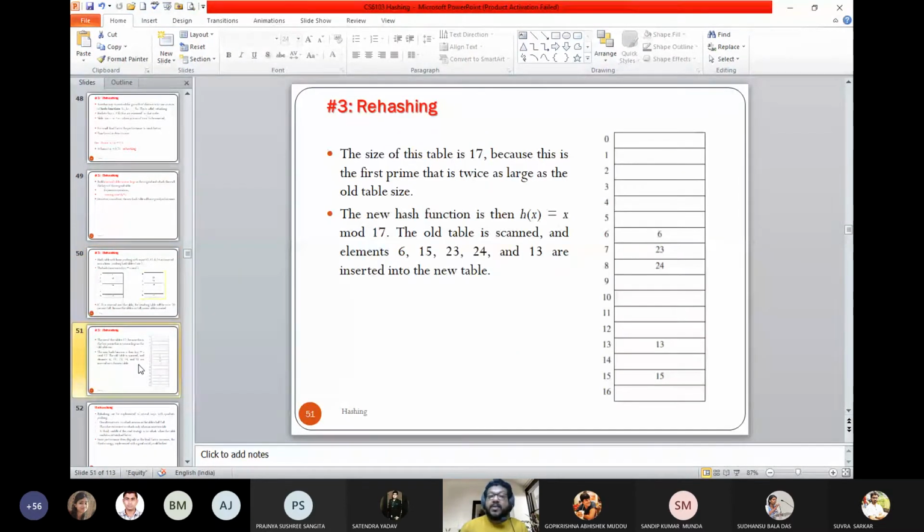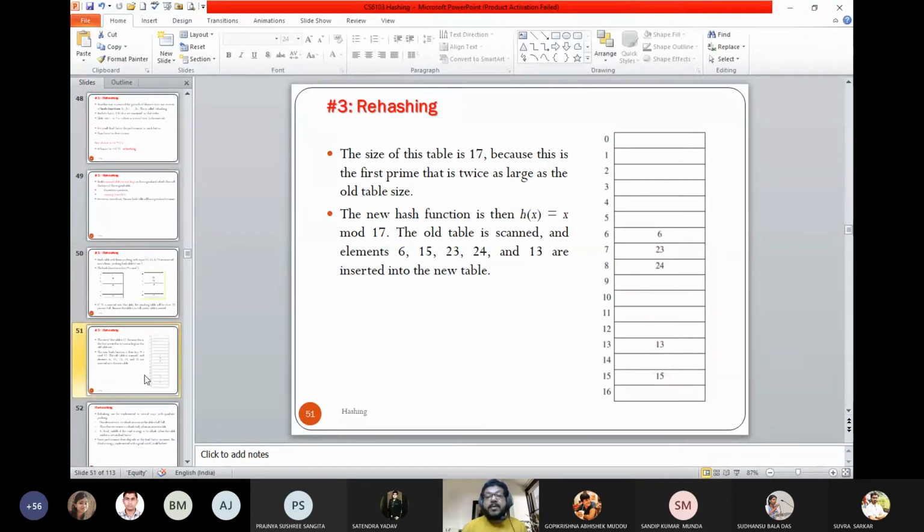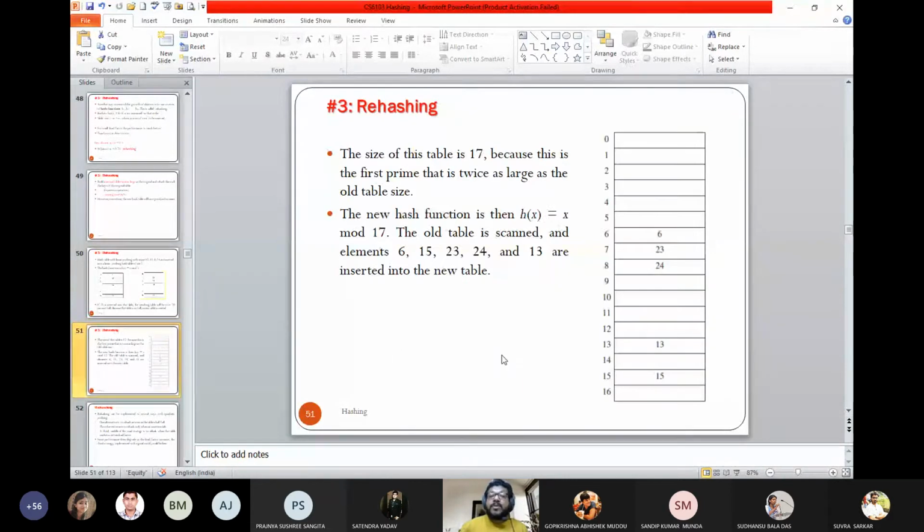Earlier there were 7 locations, so now we double the table size, or make it 2.5 times. We can select depending on the rate at which the keys are coming. So again you have to remap. You see, 6 goes to the first location. When I double it, there is a question whether I'll continue with the same hash function or not. The answer is no, because you have to change your hash function to something appropriate.